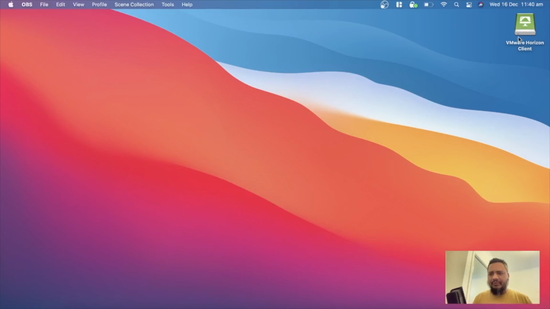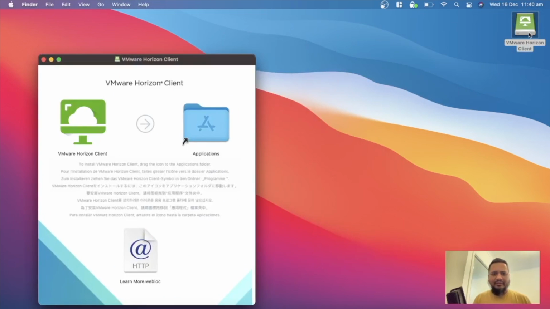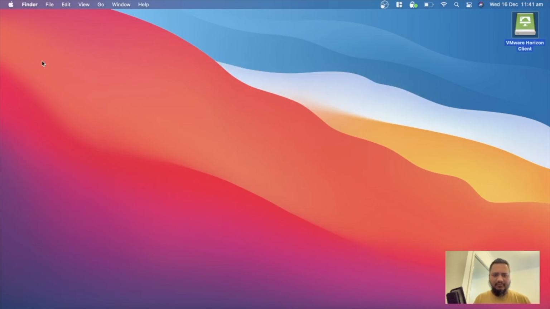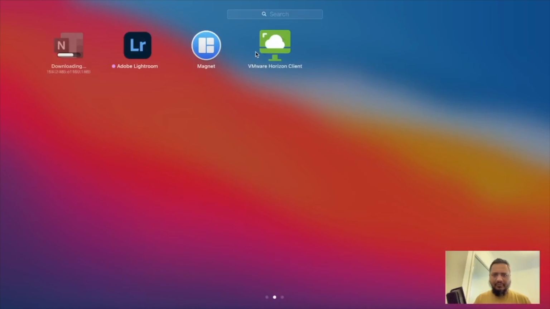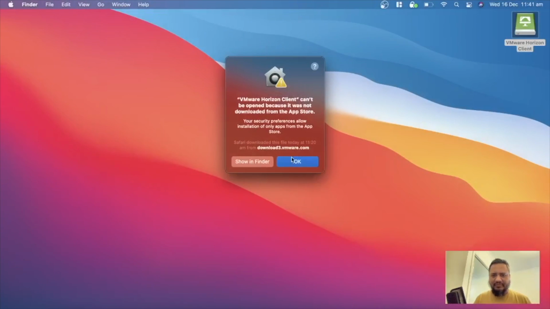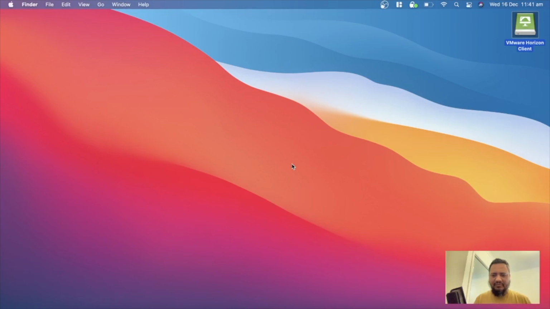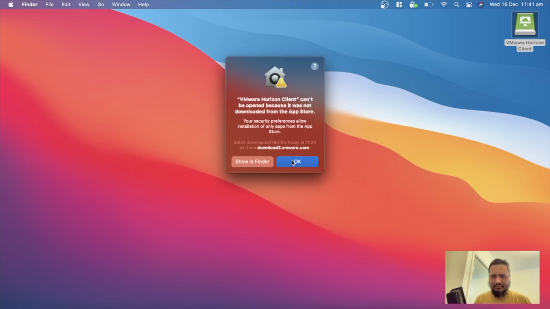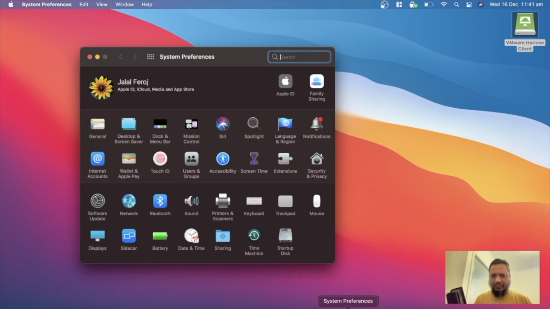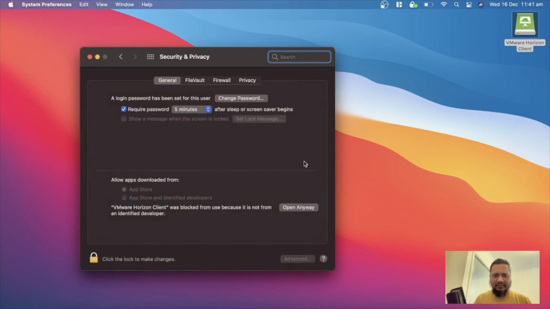So once you download VMware Horizon Client, just double click on it. You have to go to VMware Horizon Client and click OK. We have to go to System Preferences, go to Security and Privacy, and then you have to allow this app, open anyway, then open,